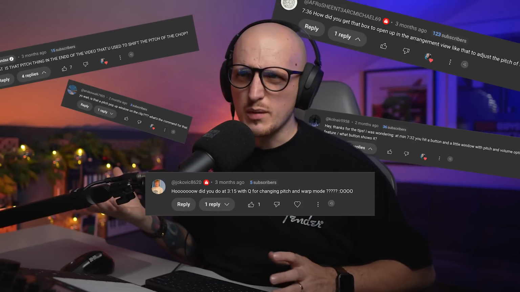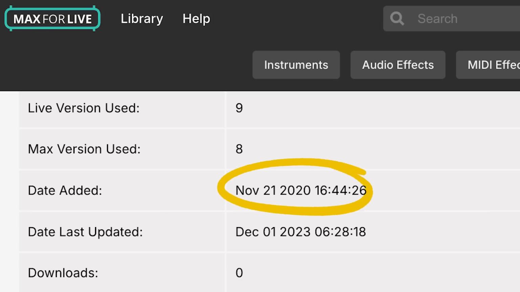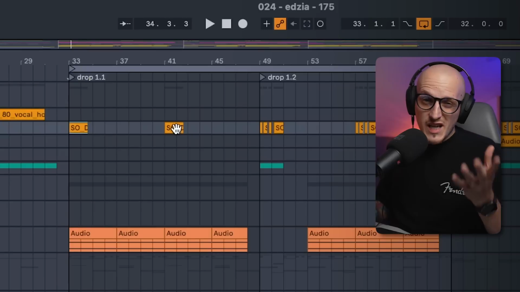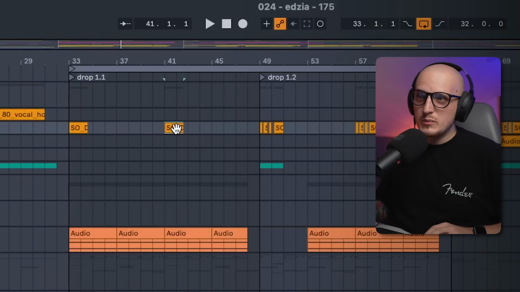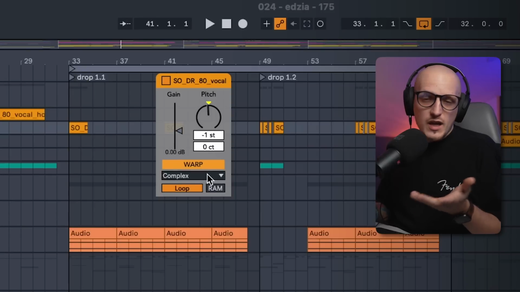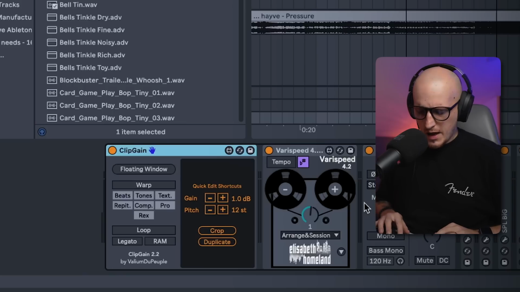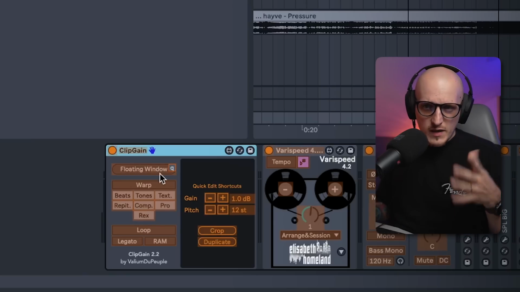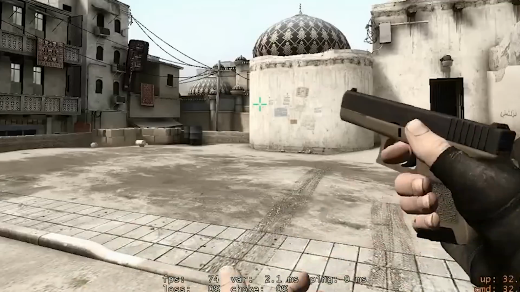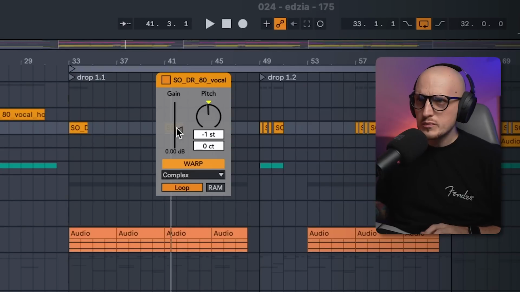I was quite surprised that I got so many comments about Clip Gain, since this device came in like 2020 or something, but in case you're still living under a rock, it basically allows you to change the clip gain, also pitch and warping modes. Once you click Command and K, it basically allows you to map any key. I have it mapped to Q due to my gamer muscle memory, but feel free to map to any key you want. All I need to do is to press Q, and then I could change both gain,